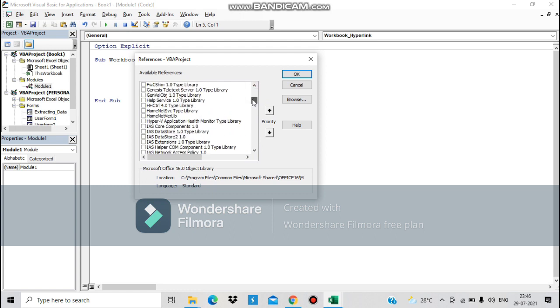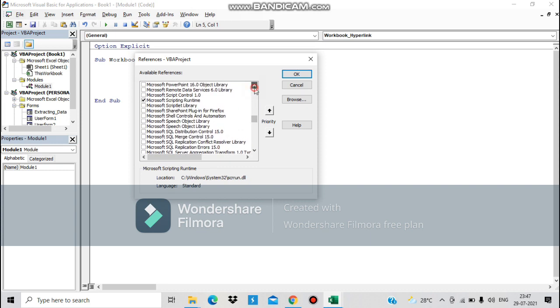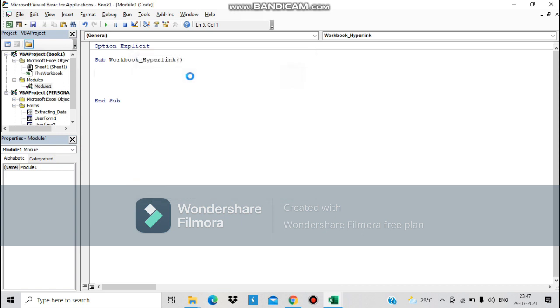I am just going to enable the library of Microsoft Scripting Runtime. You can see this one. Are you seeing it? This one you have to select: Microsoft Scripting Runtime. Okay. Now Dim FSO as FileSystemObject, and FLDR as Folder, which I have declared, where our workbooks are. So Set FSO as New FileSystemObject.